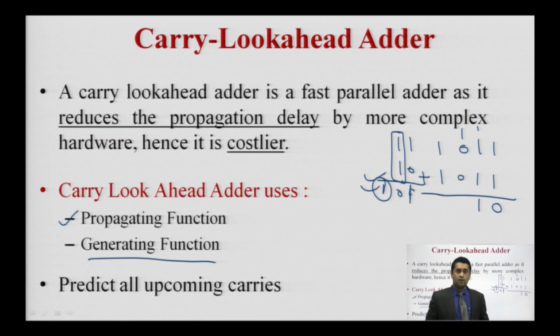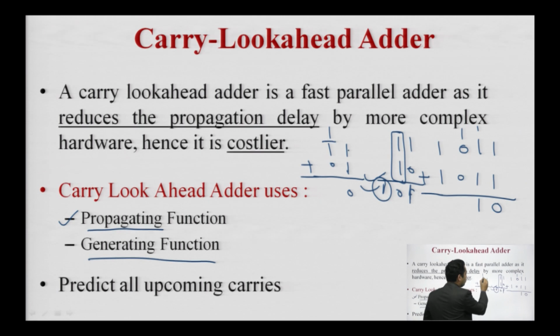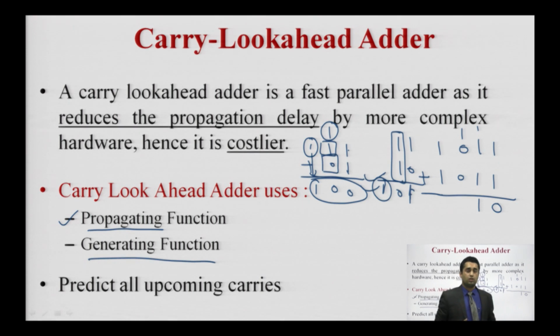Propagation means if I have a carry previously and still I am carry forwarding the same value 1. So in this case this is a propagating function. The best example of this type of function is when we have a carry here and this is my value. So in this case it is generating a carry, and the value A, the value B is not generating any carry, but the previous carry is making it propagate to the next level. So these are the two important functions to understand the concept of carry look ahead adder. We are going to see this part in detail.